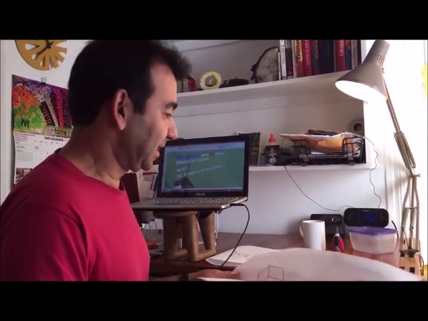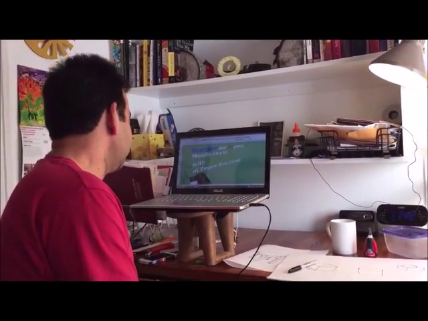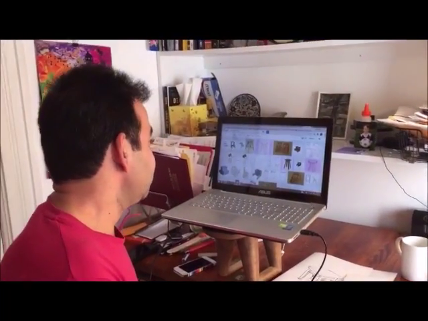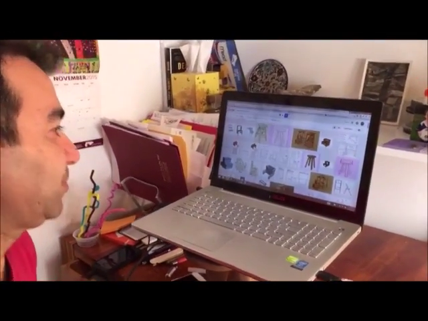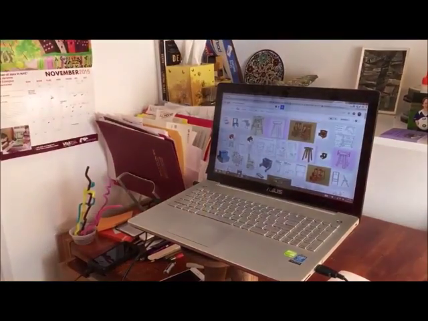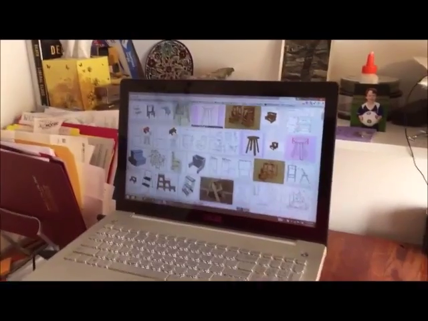So for this simple video, I'm going to give you a quick exercise and we're going to work on it together in the coming hour. I had an idea that I want to design a footstool, a simple footstool. So the first thing I do, I'll go to the internet, go to Google Images, and I type drawings of step stool. As you can see, there are hundreds of designs